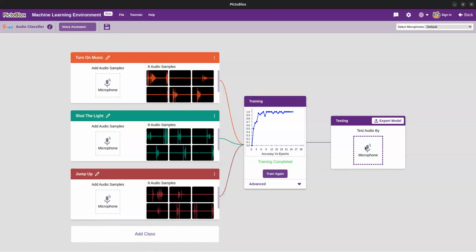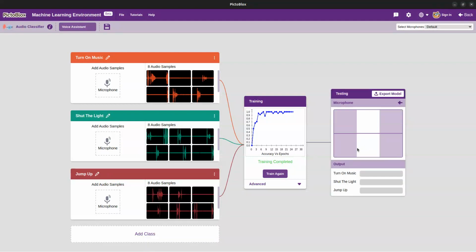So once I click on microphone, jump up. So you can see that it gives me turn on music, it gives me shut the light, it gives me jump up. So depending on the voice command that I send, it will be able to tell me which one it is. So let me test it one more time before I actually get to